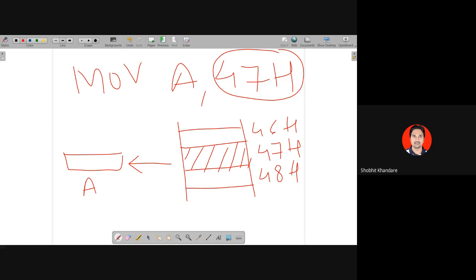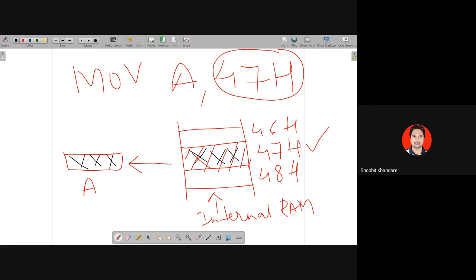What you see here is your internal RAM. So in the internal RAM, whatever I have stored at this address 47, suppose there is x here, that will be copied into the accumulator, as simple as it is.